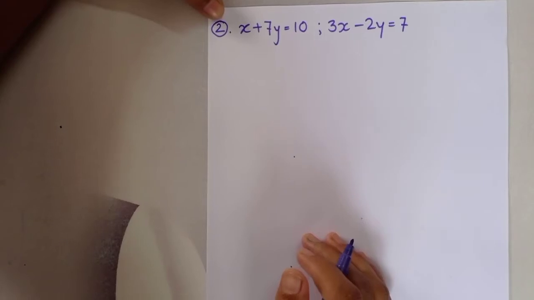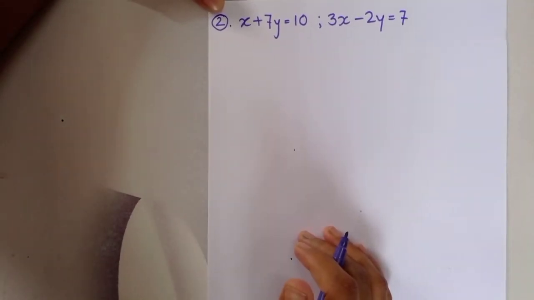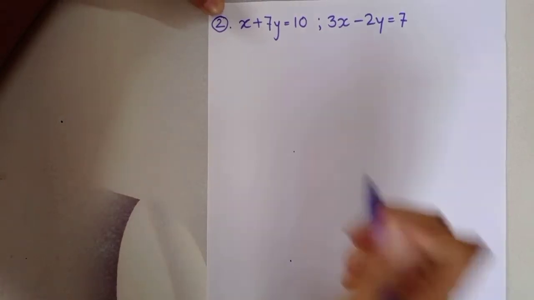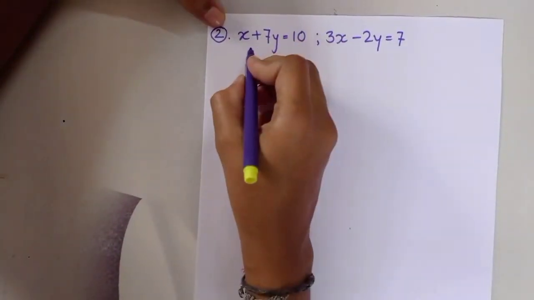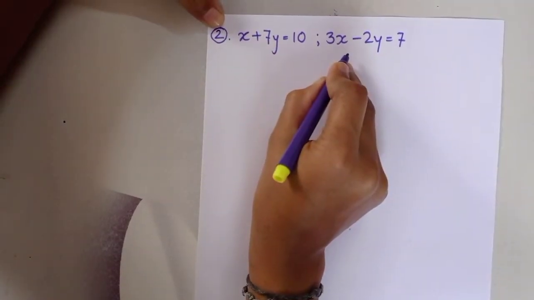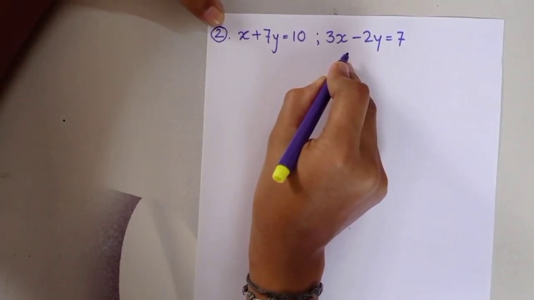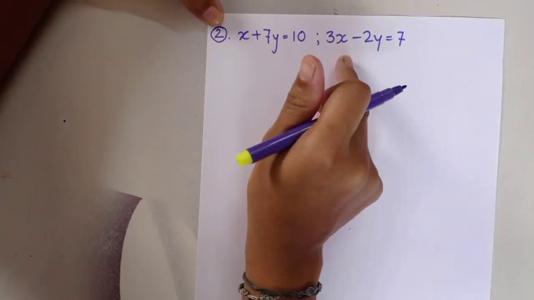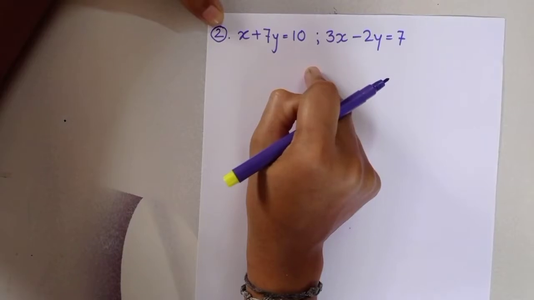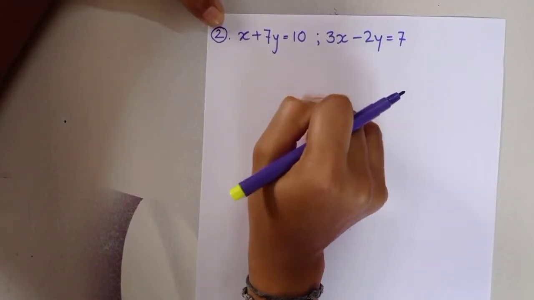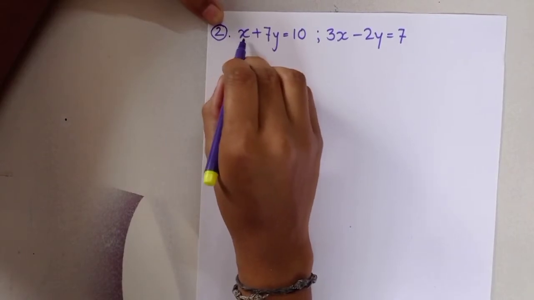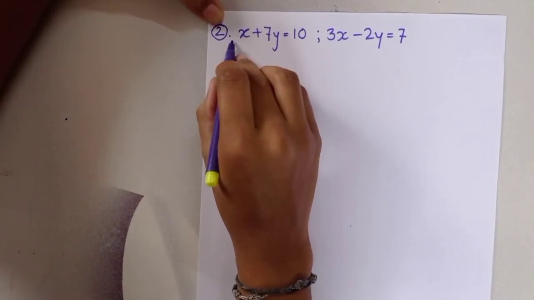Now we are going to solve the second example from practice set 1.1. Here they have given two equations. Considering the two equations at a time, it is said to be a simultaneous equation. This equation we can solve with the same method as in the previous example. Now I am going to tell you a new method. Here the constant of the variable x is 1.